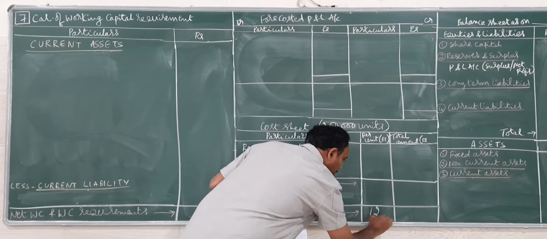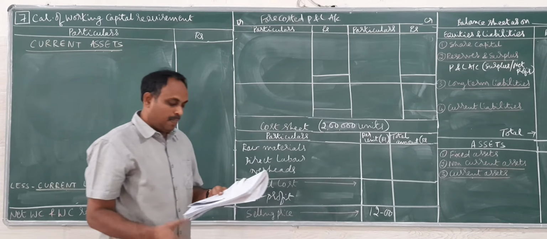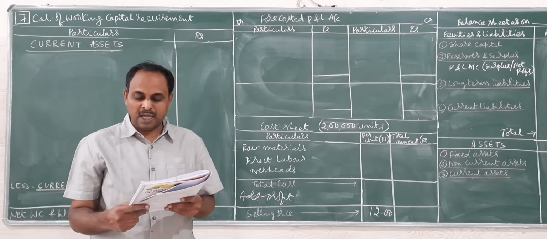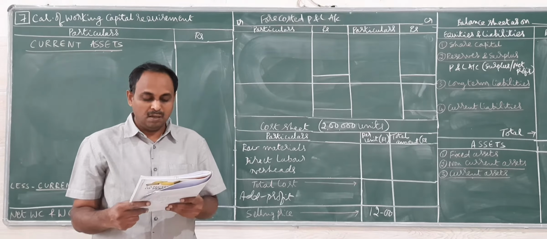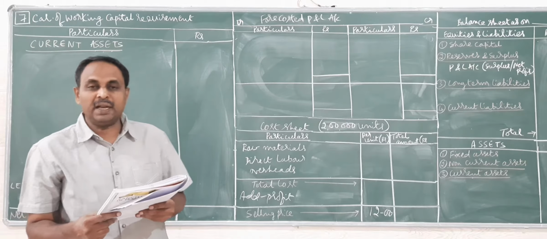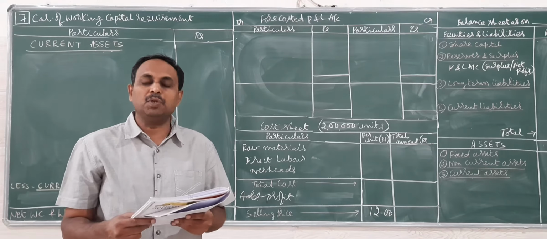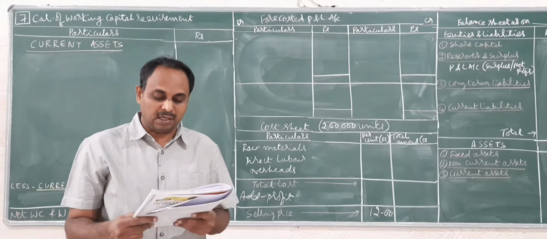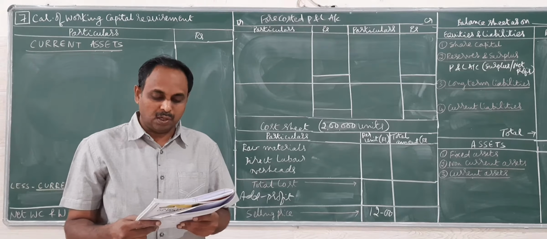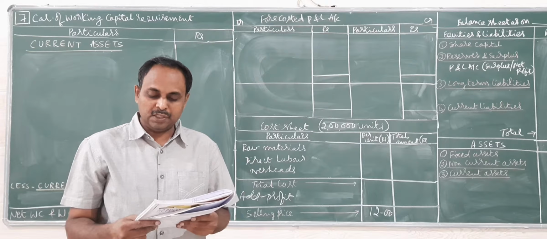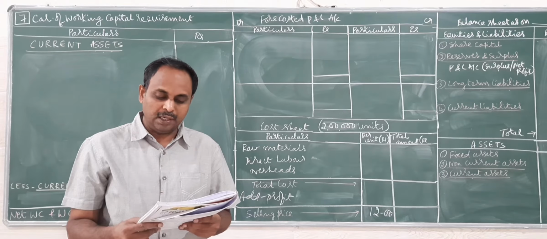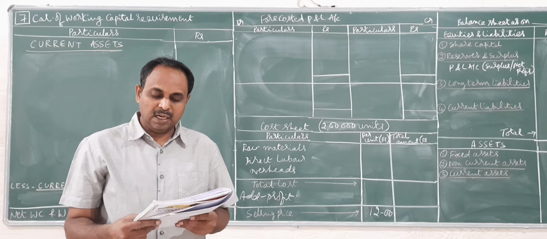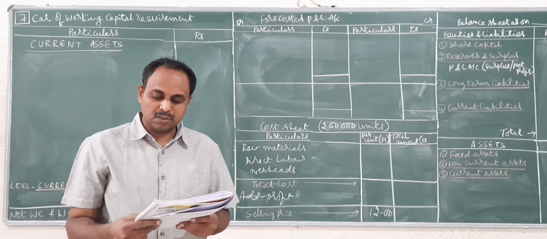In the per unit column we have to fill rupees 12. Raw materials are expected to remain in stores on an average of 1 month. Material will be in process on an average of half a month, assumed to be consisting of 100% material, wages and overheads. It is connected to work in progress. Finished goods are required to be in stock on an average of 1 month. Credit allowed to debtors 2 months. Credit allowed by suppliers 1 month. Assume that sales and production follow a constant pattern.